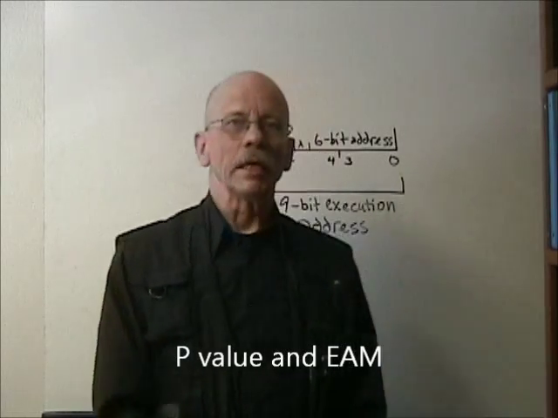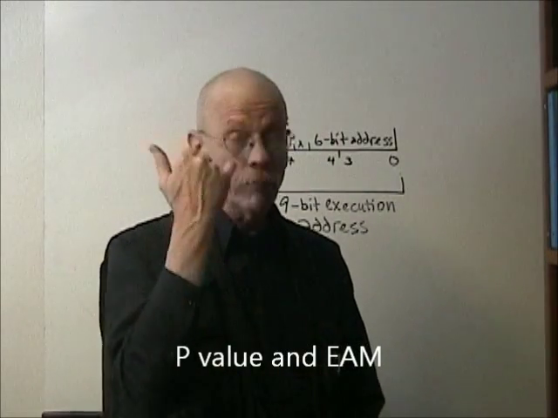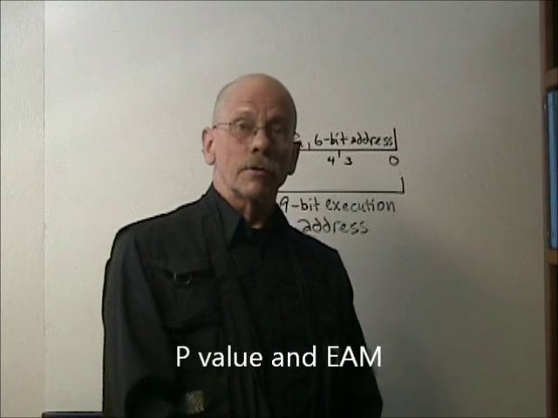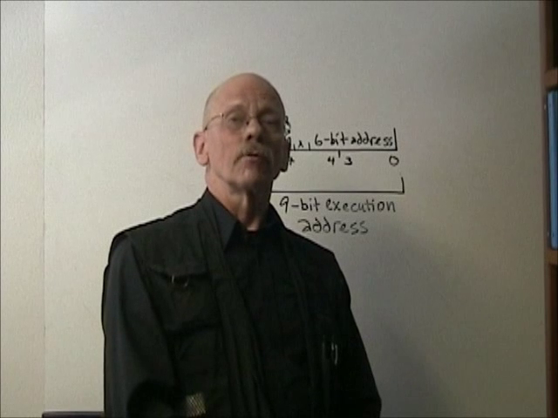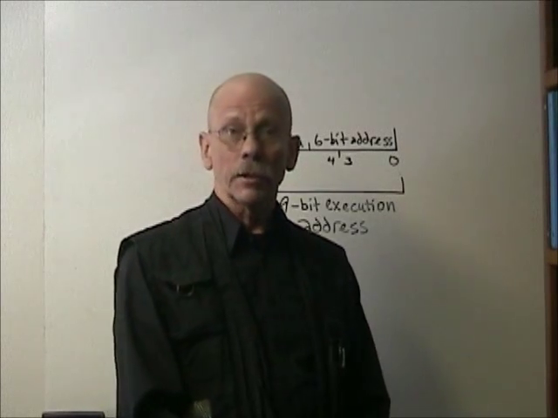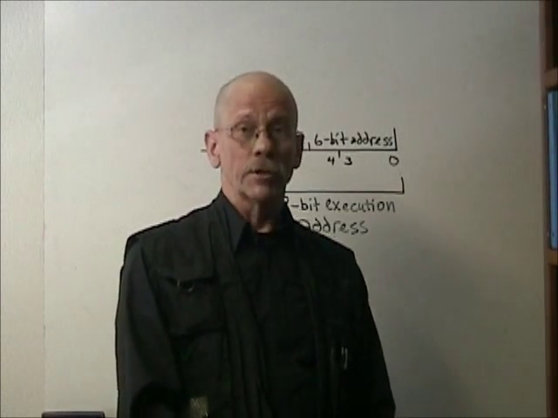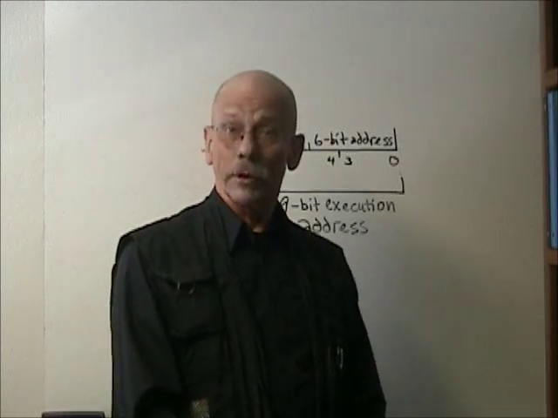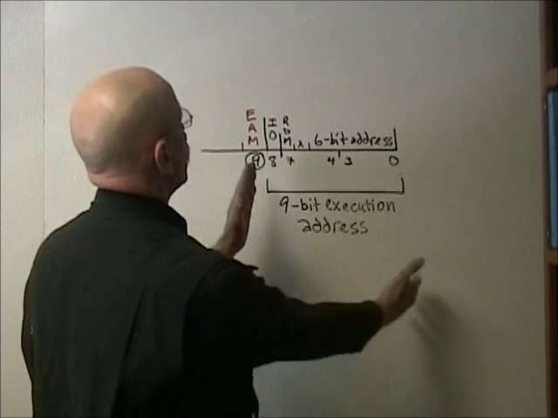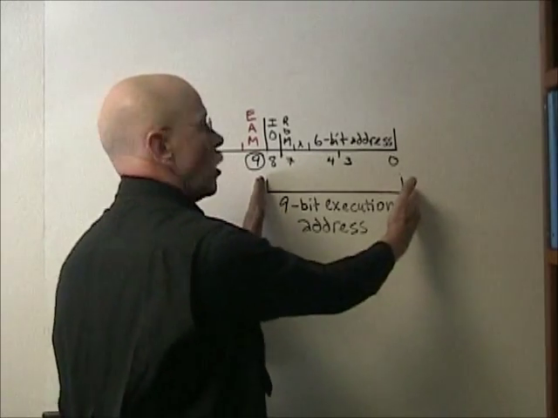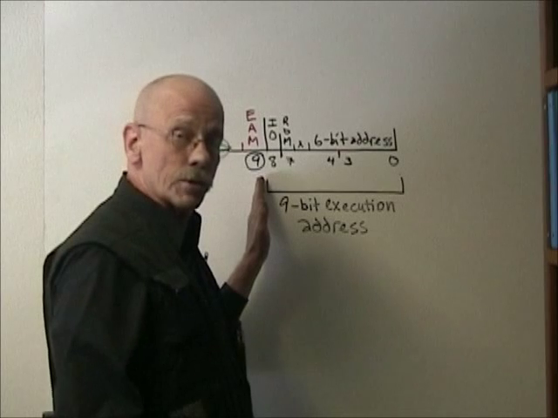The value in P, also known as a program counter, is used to address memory or I/O registers or ports from which instructions are being fetched. It has additional functions, and it may in the future have yet more additional functions. Looking at the contents of P, the low-order 9 bits are in fact the address from which the next instruction